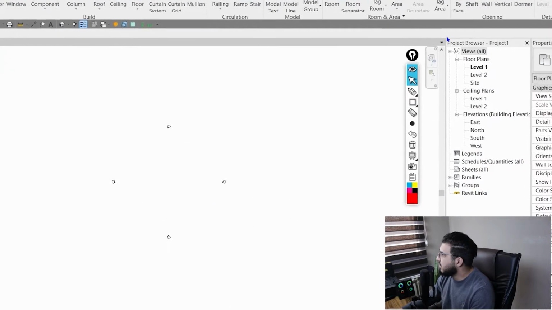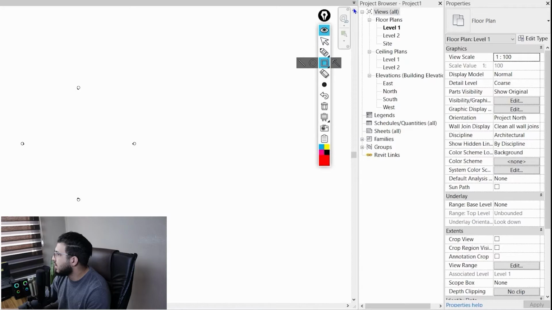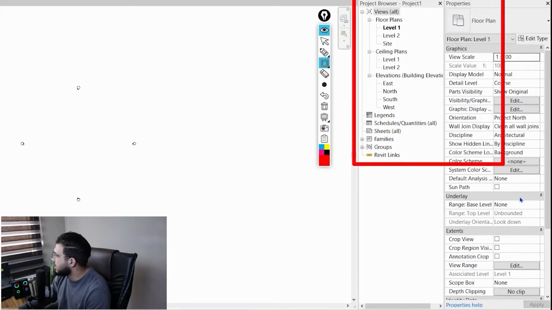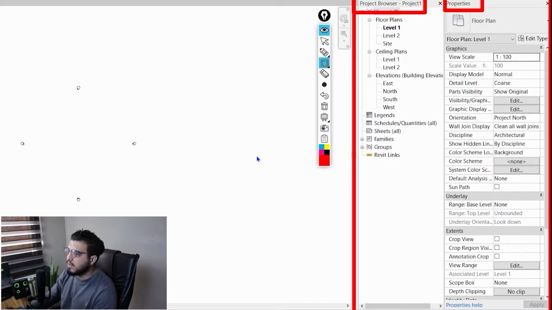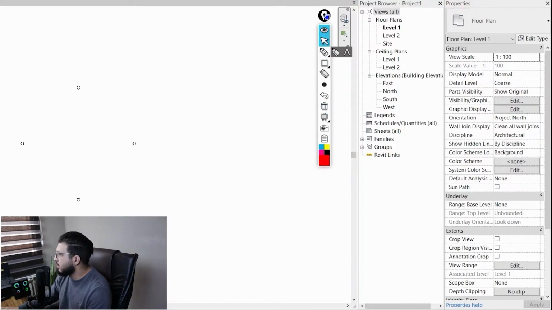And then we have these two great windows in our project, which are properties and project browser. These are the heart and mind of Revit. When you don't have them, we can simply say that you can work with Revit without them. The properties part is the part that you will see the properties and information about a tool or the thing that you use, and this is dynamic. This is not the same for every